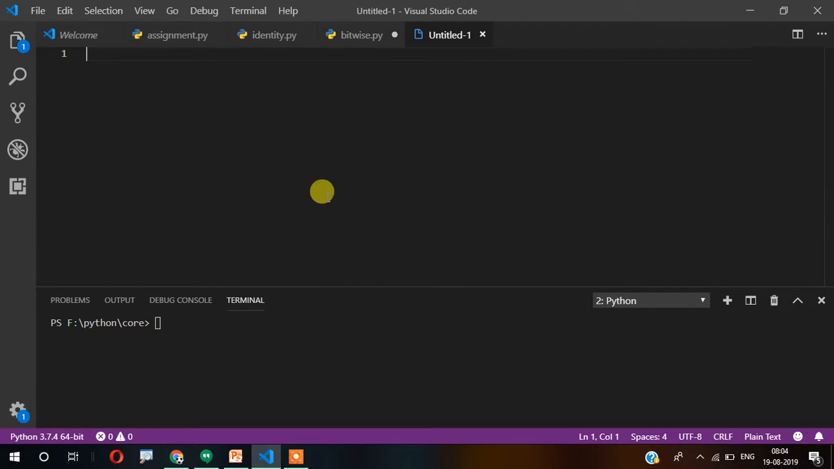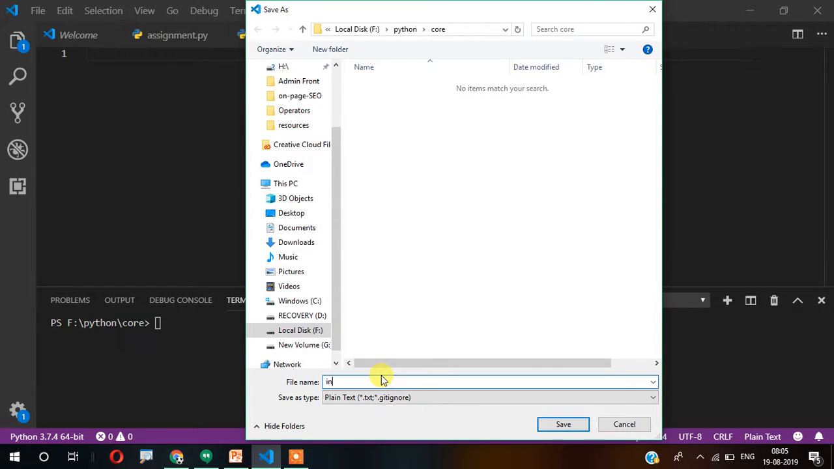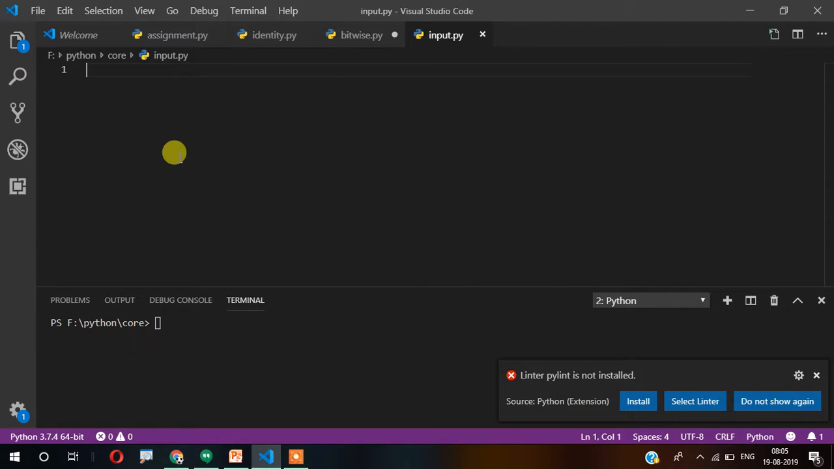So let's create a file called input.py. Now here I'm writing a variable, then int, so that the entered value will be converted into an integer, and then input. This is the actual command here. So input, then enter first number,